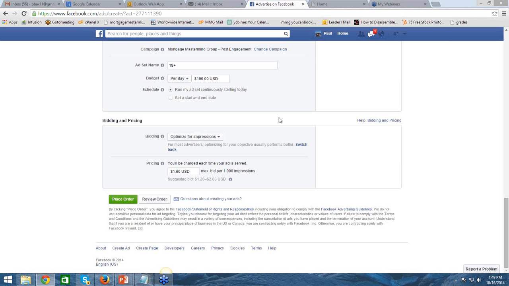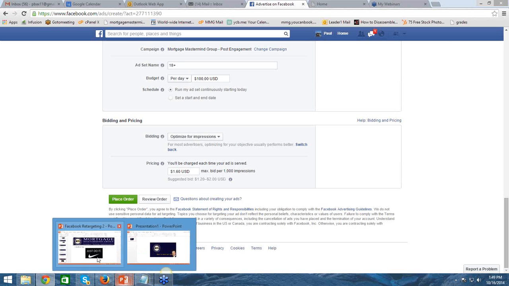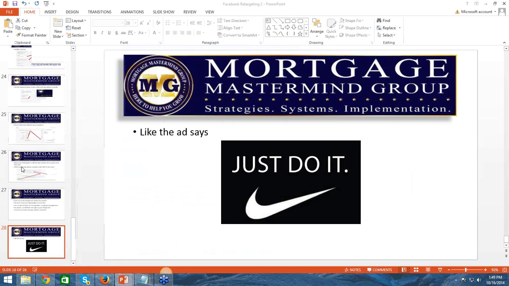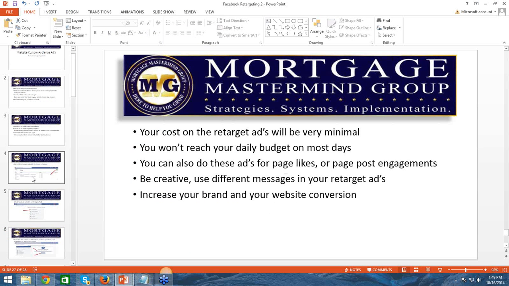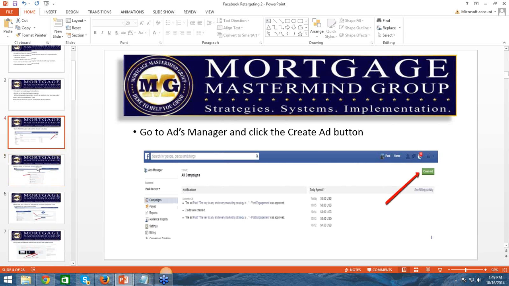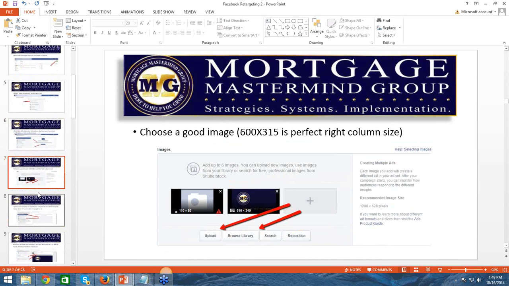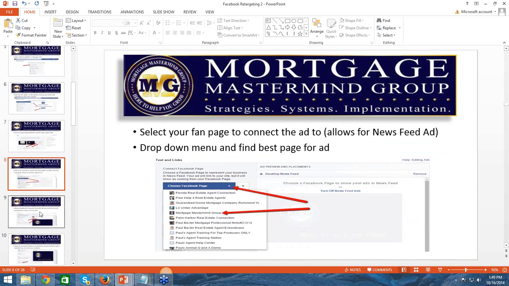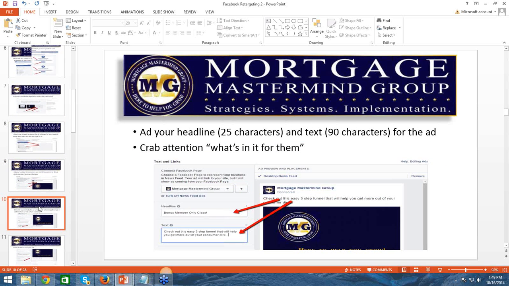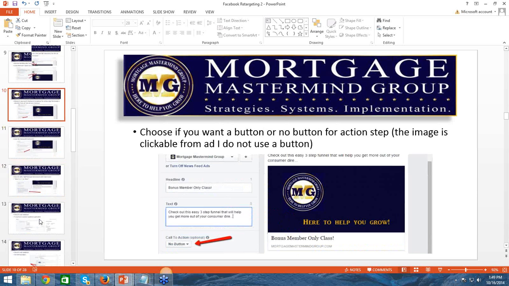Can we create the audience to be homeowners or renters? Sure. So remember, today I showed you two steps. The first step is how to create an ad that's going to target your audience to get those clicks to your website. So what you would do is go through these steps, and then in this first audience section,